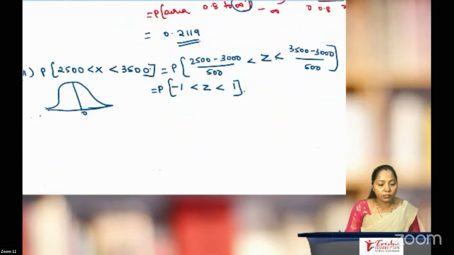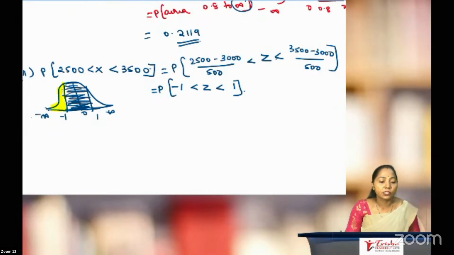Okay. Minus 1 to plus 1. So to the left side, minus 1. To the right, it will be plus 1. So this is the area of interest. Our answer lies here. So as I told you again, I'm repeating, towards the left, whatever is unshaded,